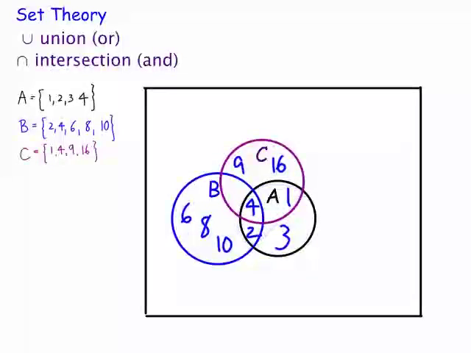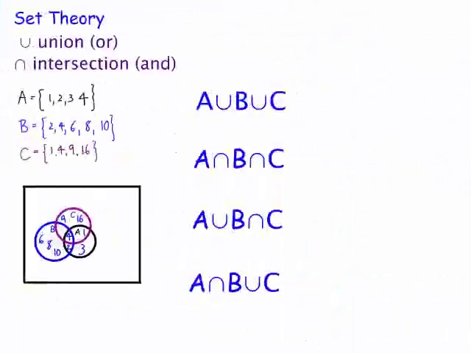Now, let's have a quick look at the idea of complement. The complement of an event is the event not occurring. You can think of it in terms of probability: if you roll a die, you have the faces 1, 2, 3, 4, 5, 6. The complement of the event of rolling a 6 is not rolling a 6, which is the faces 1, 2, 3, 4, and 5. But in terms of set theory,